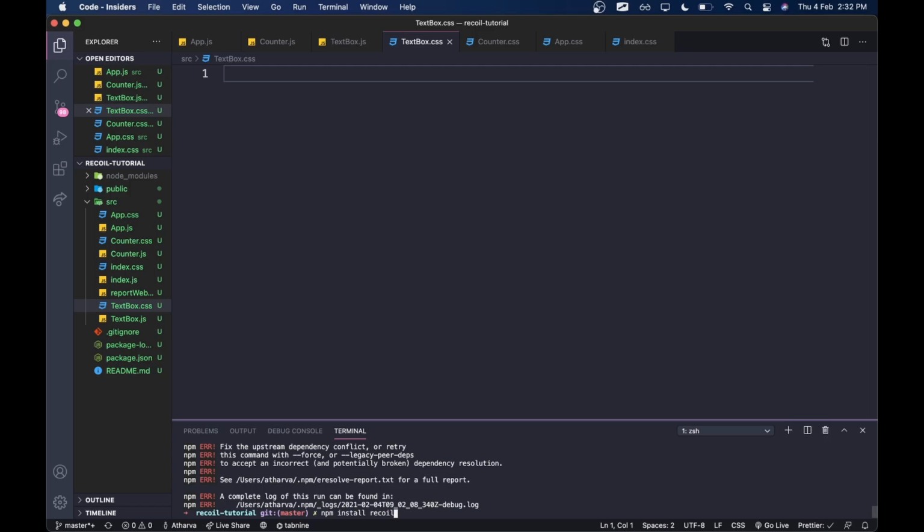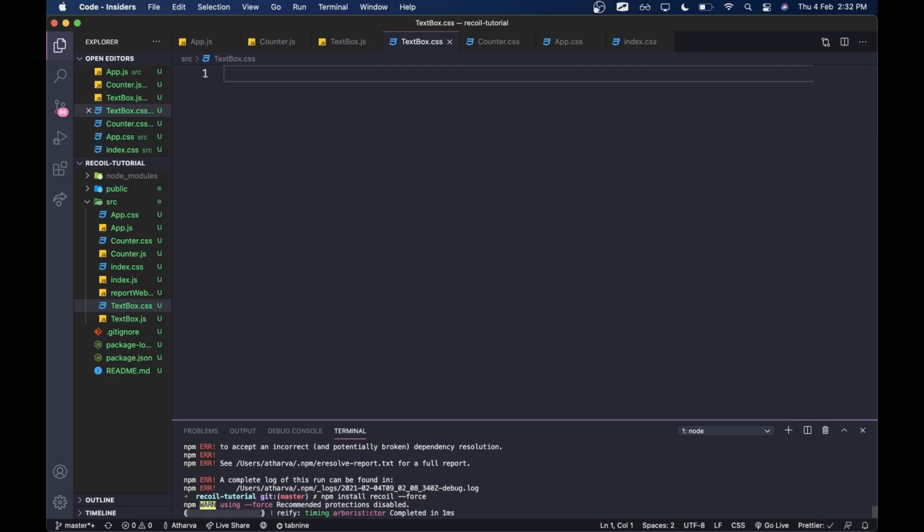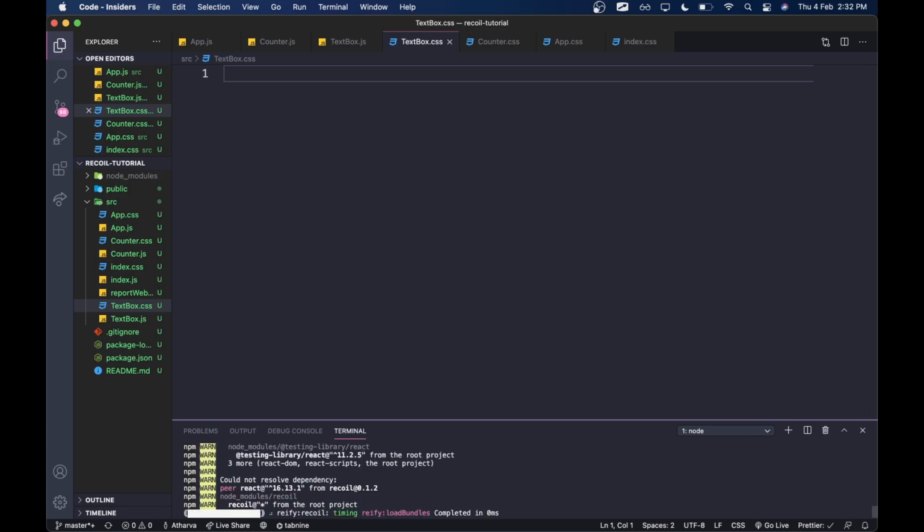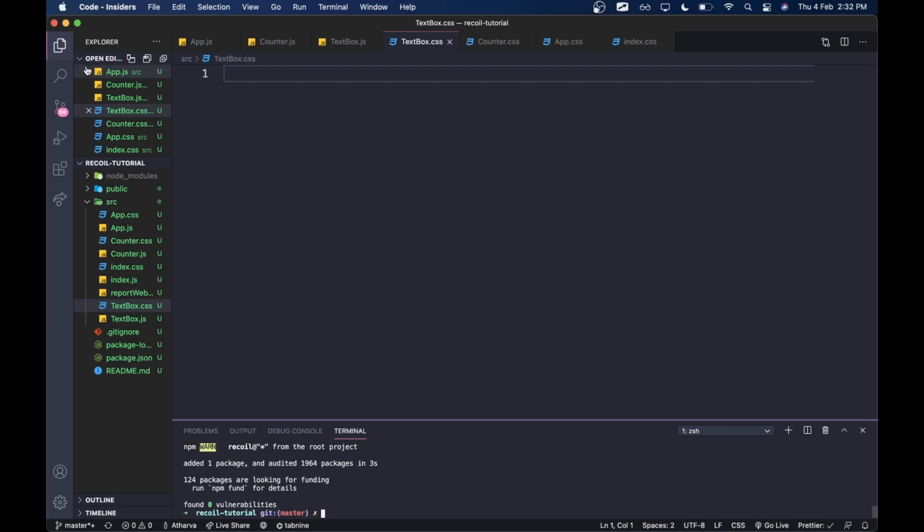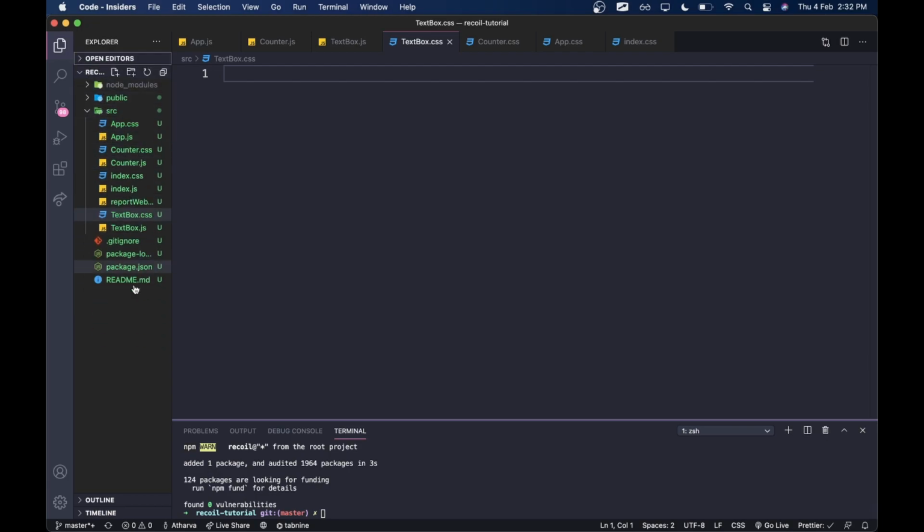Okay, there's something wrong with my React. If it doesn't work for you, let's just type force and wait for it to install. Yeah, now it's installed. So mostly you won't get that error, but if you do, just use force, I guess. Now here let's go to index.js